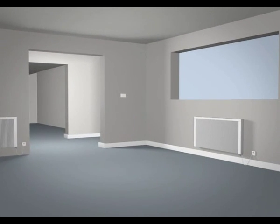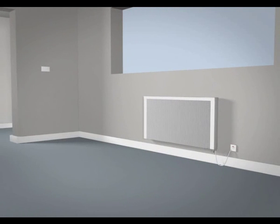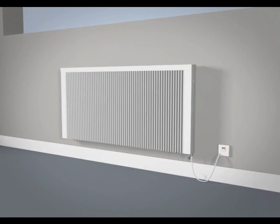All mains cables must be sized appropriately depending on the radiator's power output. Remember that all electrical